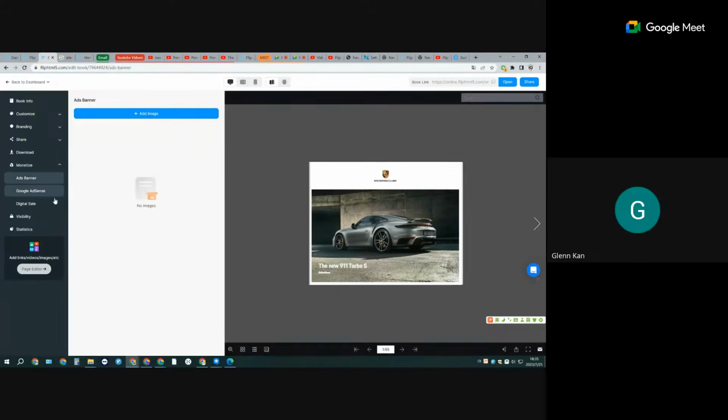And the monetize feature has 3 parts. The first part is add a banner. You can have the ad banner on your book. You can place it anywhere you want. And also we support AdSense. If you are an AdSense user, you can just grab your publisher ID. I think this is called publisher ID. Here, just copy and paste. Here, you can see the Google Ads on your book,